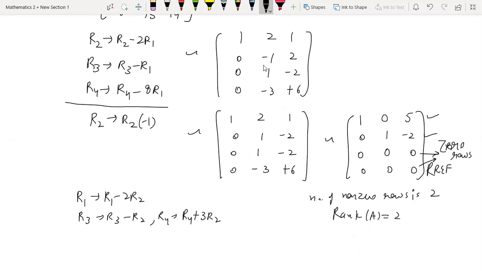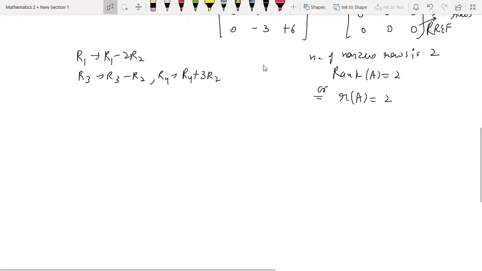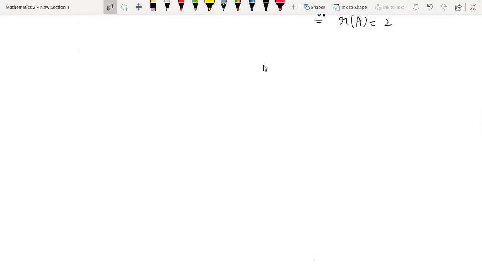So you just count them, and this is the notation. In some books you will find rank written out completely, while in some books you will find a small r as a notation for rank, so you can use this notation as well. I'm not going to do more questions on that, because it's basically the same thing. So let me move ahead towards the next result, because now we have to connect all these things with finding the solution of a system of linear equations.